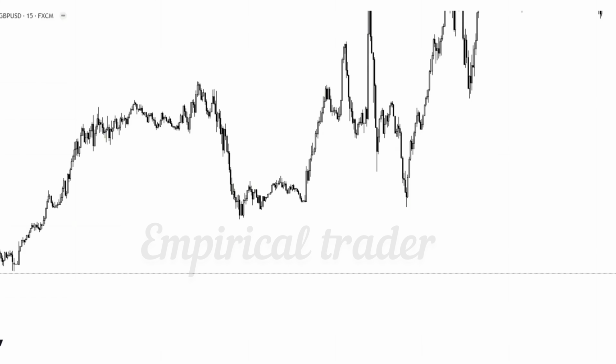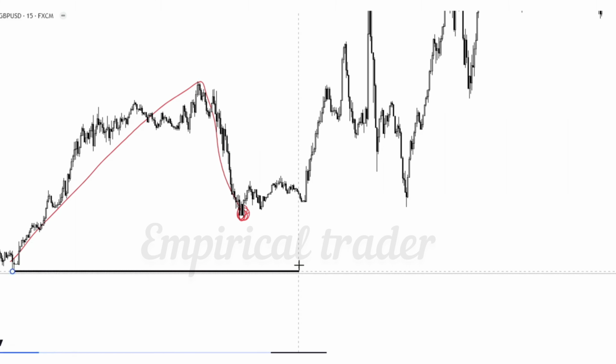Now that we know how to analyze a market using market structure fundamentals, and also learned supply and demand, we apply both of the concepts at the same time. So let's see what is going on with this certain market. From the first glance, we are able to see an impulse to the upside and a pullback to the downside, the pullback leaving us with a swing low, and we can check that this is a higher low. This is the previous swing higher low,